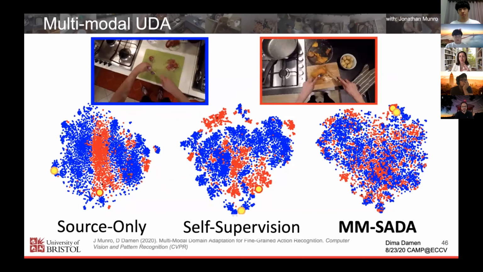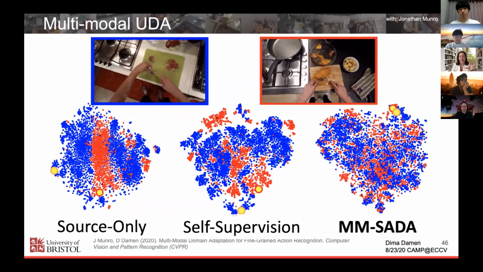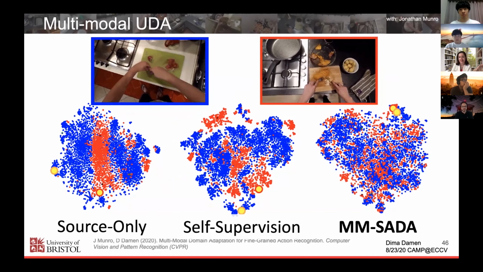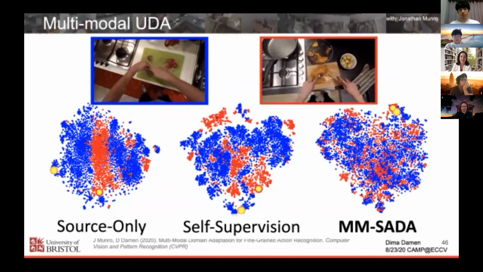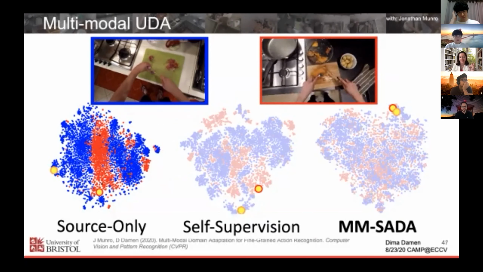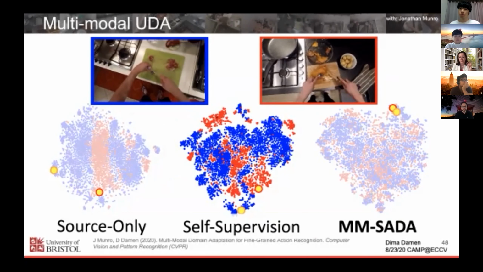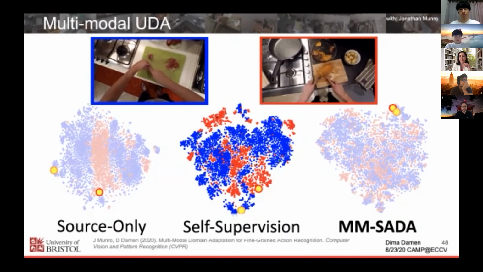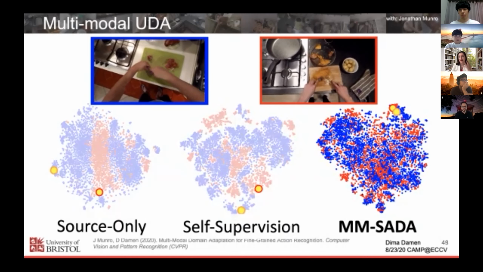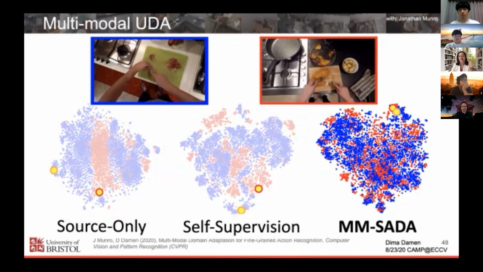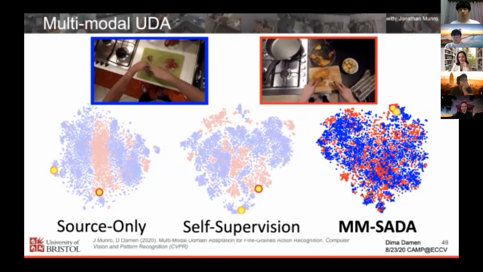So if you look at two, in this case, cutting actions, you as a human can easily know that it's a cutting action. And you say, oh, there is a hob. There is a chopping board. There is the oven. The system should be able to do that. But if it's relying purely on appearance, it really can't bridge what you have in your brain. You'll see that in the source-only performance, these two videos are very far in space. Purely by the self-supervision auxiliary, they're getting closer. But more importantly, as we said, the target is getting these clusters. And along with this adversarial, that's when it's achieving this perfect overlap and classifying the target, which is the unseen video, not the one you've used to align, correctly.